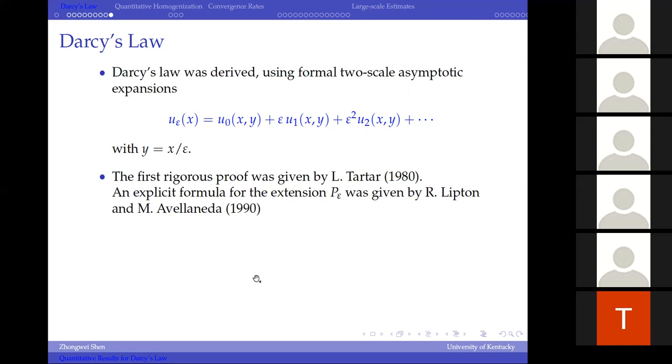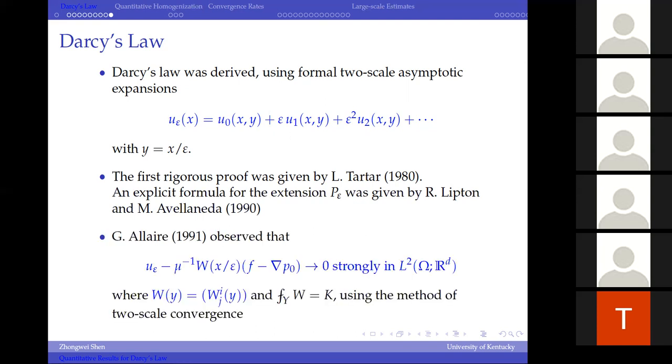There is an explicit formula later for the extension of the pressure term given by Lipton and Avellaneda. And in 91, Allaire observed that you can actually prove strong convergence if you subtract the leading term in the